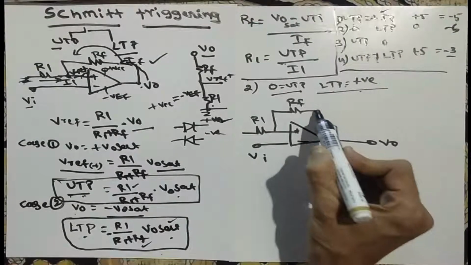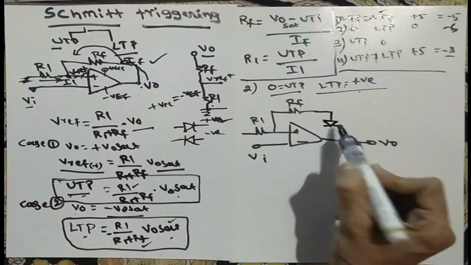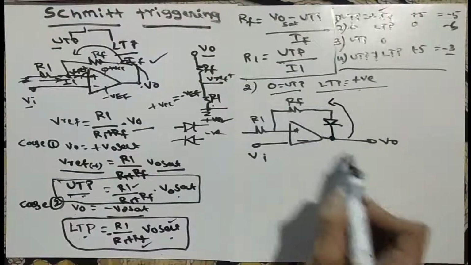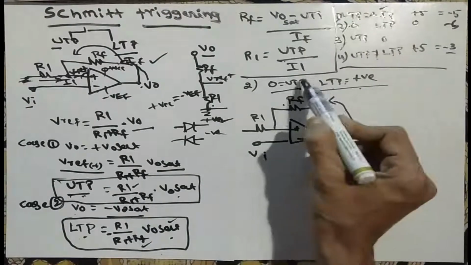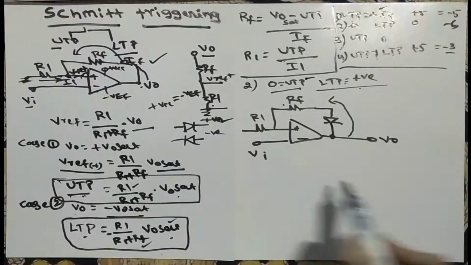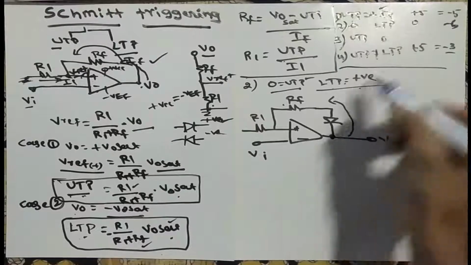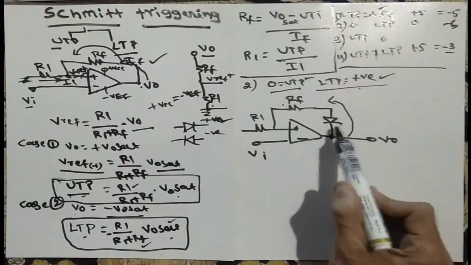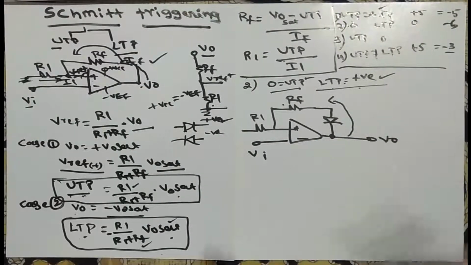So what do I have to do for reverse bias? I have to take one diode and connect it in this reverse direction, because V naught is going this side, so the positive portion won't go through. Positive is not moving in this direction, so UTP becomes 0. Because of the reverse bias, we get negative, so we get the LTP value. It is the very easiest one. You have to remember to connect the diode such a way that positive is blocked and negative is passed. Now, what equation will we usually get?